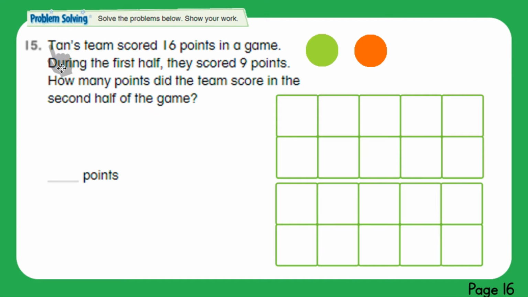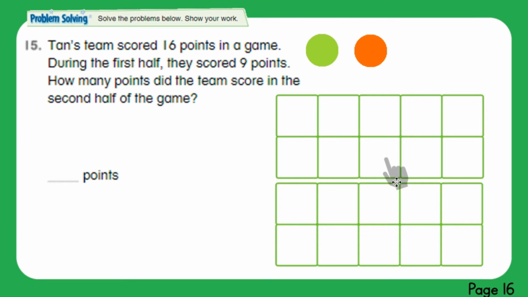Let's see. That means Tan's team scored 16 points in the whole game. In the first half and in the second half together, they scored 16 points. So in all, there were 16 points. Now, during the first half, they scored 9 points. So that means we are going to put 9 counters here to show how much score they got